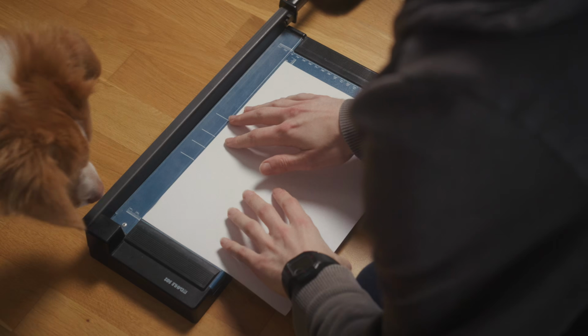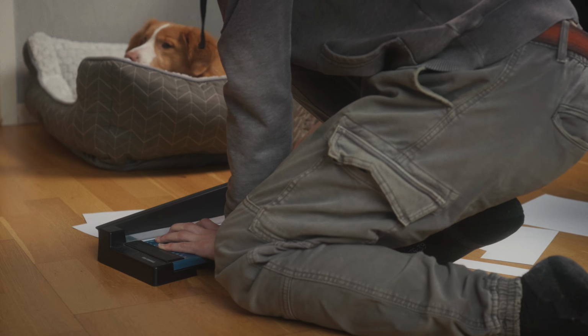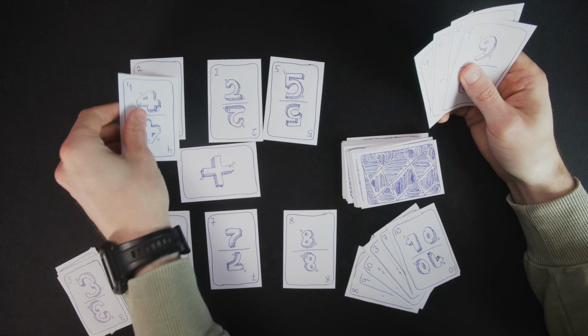Well, you can make games out of anything. In fact, you can even make games with something as simple as paper and pen. So during the holiday break, this is exactly what I did. I spent an afternoon making a little card game, and I wanted to share a little bit of the process of making that game in this video.